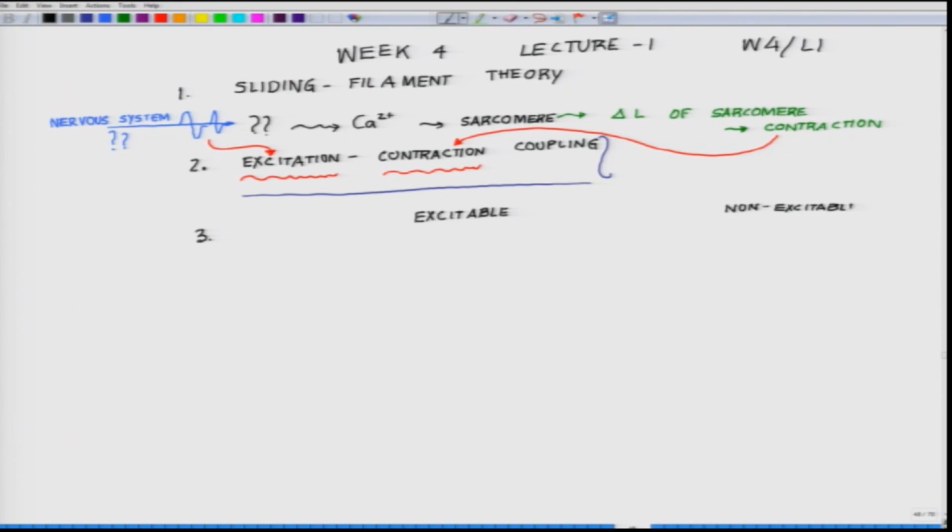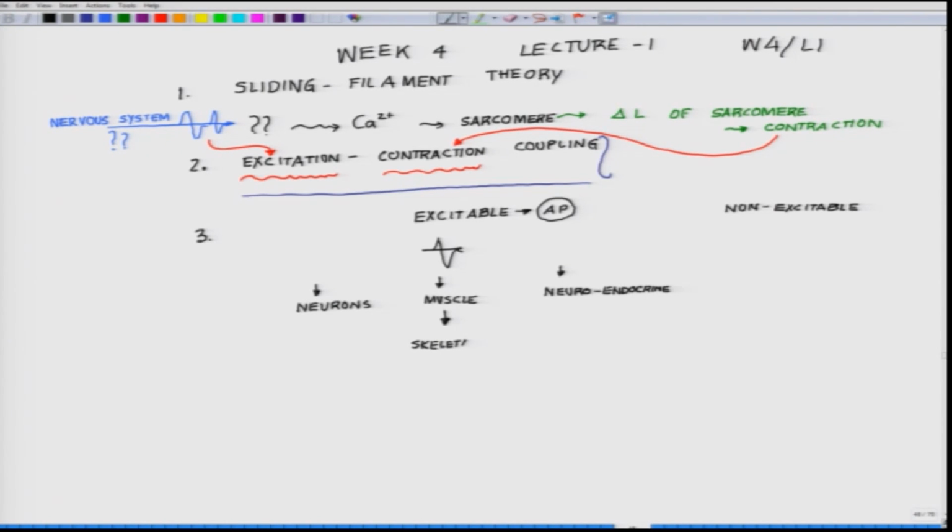So, among your excitable tissues which are generating action potentials, here we mean those which generate AP or action potentials, or electrical impulses, you can call it, they are neurons or nervous systems, muscle, and some neuroendocrine cells. And among these muscles, you have all the three muscles,